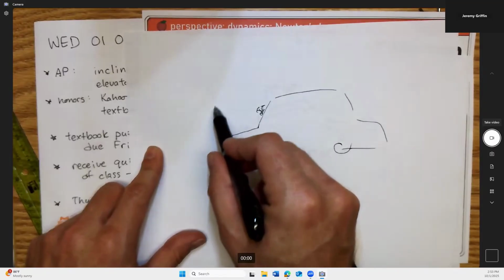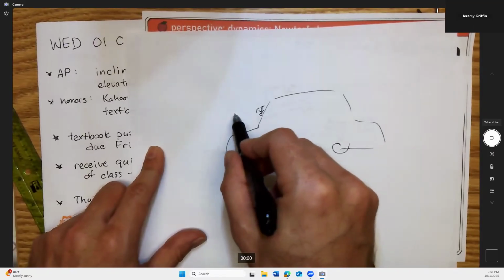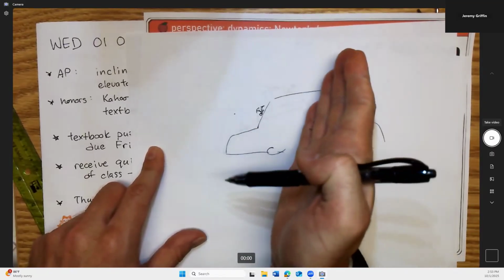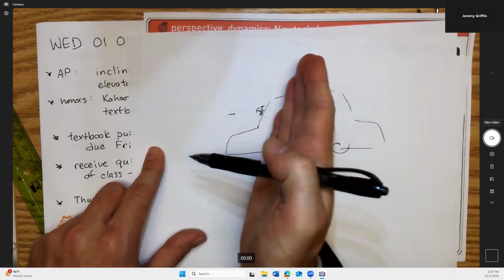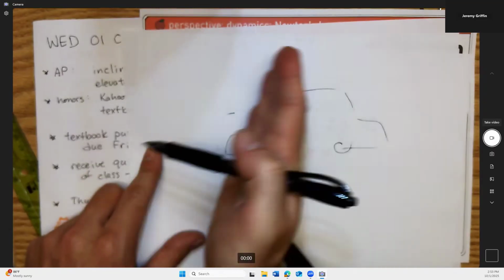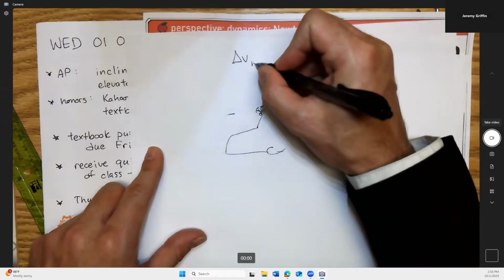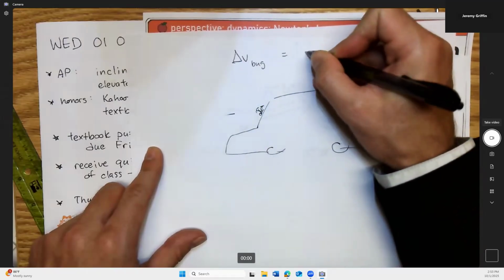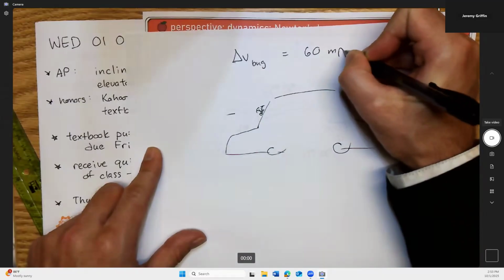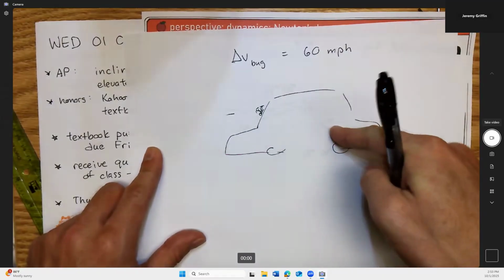Just like, oh, what a nice day. It's not really moving. And then the car starts to plow. And now, aren't they moving together at about 60 miles an hour? Maybe 60 miles an hour? Right? So the change in velocity of the bug went from 0 to 60, wouldn't that be like 60 miles per hour? Right? But the change in velocity of the car,